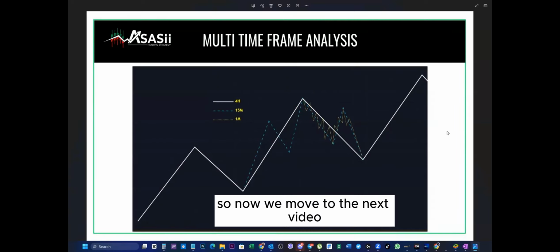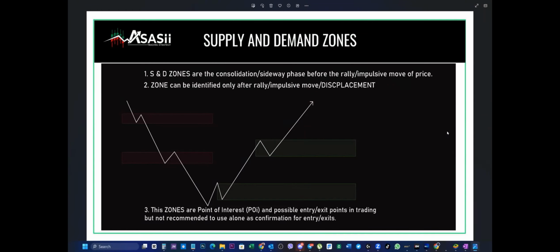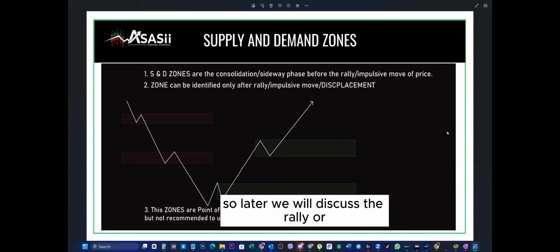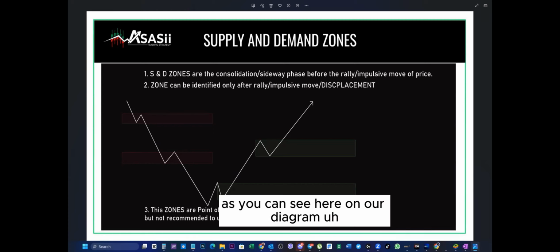So now we move to the next video. Now, the supply and demand zone. Supply and demand zones are the consolidation sideways phase before the rally or impulsive move of price. So later we will discuss the rally or impulsive move of price. So for example, as you can see here on our diagram,